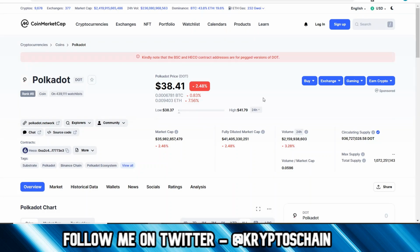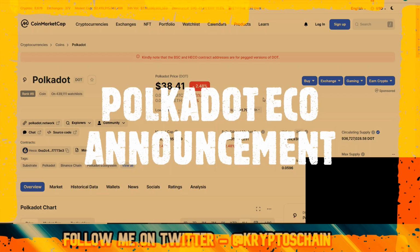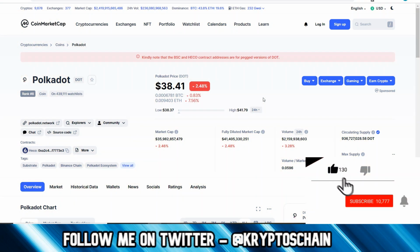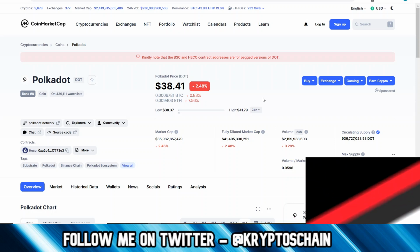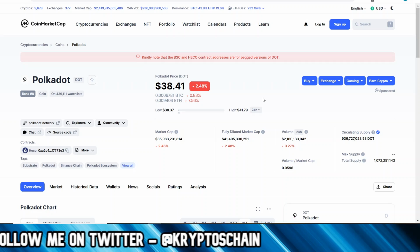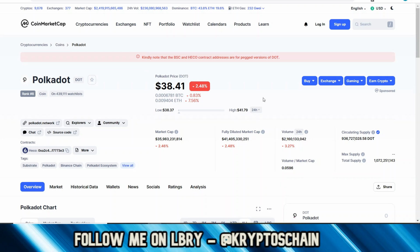Now today's video is not going to be a Polkadot Eco update video, but we're actually going to be talking about a specific token from the Polkadot ecosystem that I've had my eyes on since 2020, and that token is called Centrifuge, which is a live network on Polkadot JS at the moment. If you open up the web wallet on Polkadot JS and you go to the live networks in the top left-hand corner, you're going to see Centrifuge right there, but you cannot actually trade this token on the public